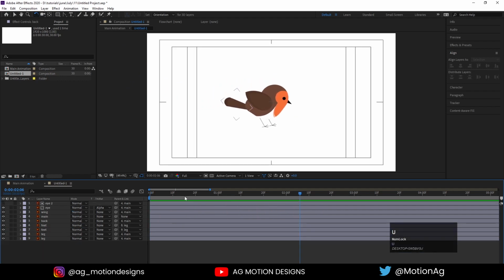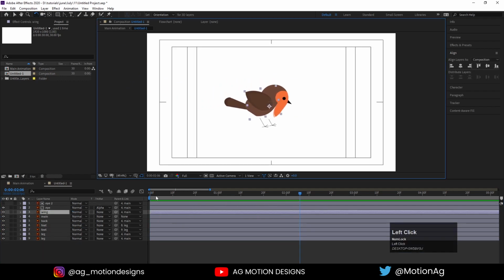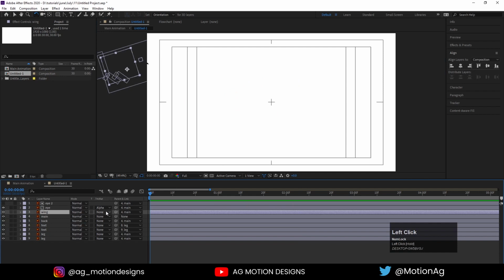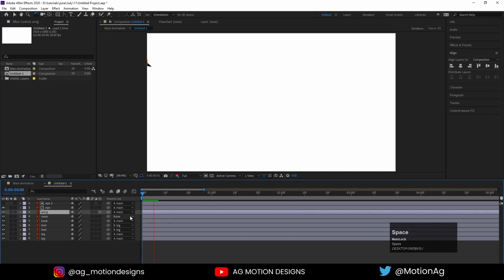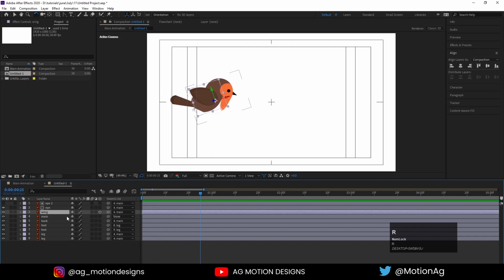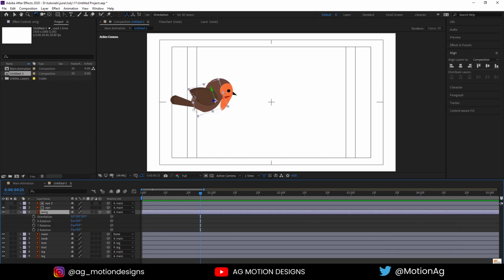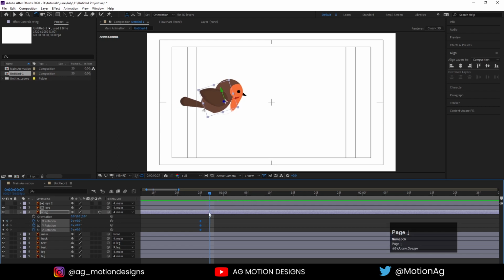And after that what we will do is we need to animate this wing. So for that, first thing I'll do is convert it into 3D. And after that, at this point where our wings are visible, I'll check how it looks, create one keyframe in all of them, hit page down button 2 times, and let's make it something like this.